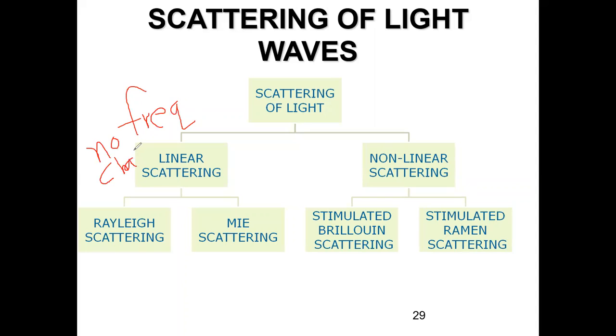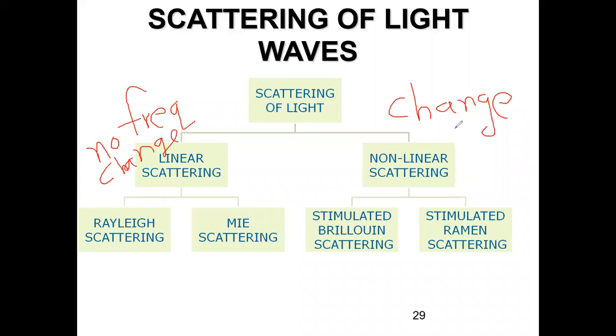And in non-linear scattering, due to those foreign particles, the light striking them tends to scatter out, and there is a change in the frequency of the light signal that strikes that particle. That's why we give the name non-linear scattering. So there is only one point which differentiates linear and non-linear scattering. In both, light rays are scattered, but here there is no change in the frequency of the scattered signal, and here there is a change in frequency of the scattered signal.